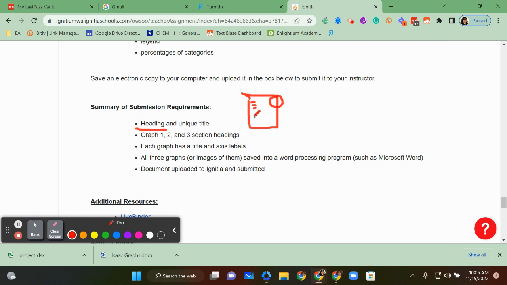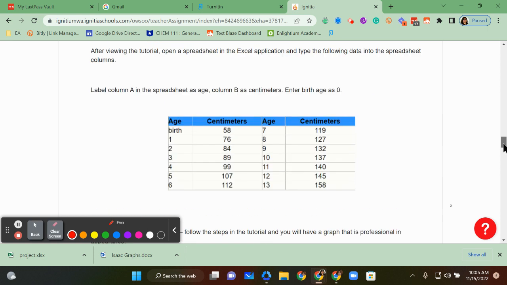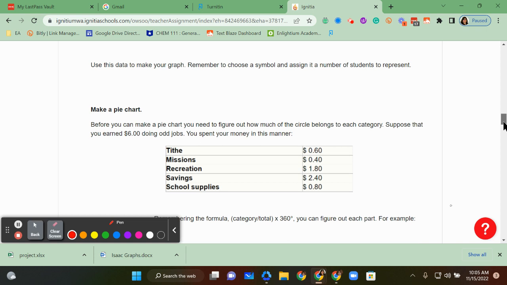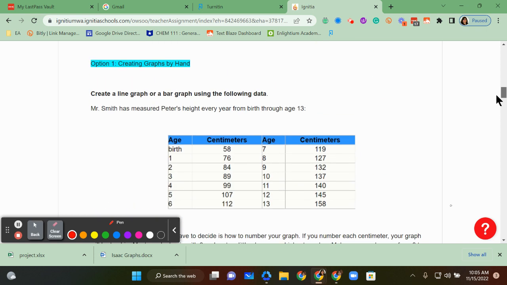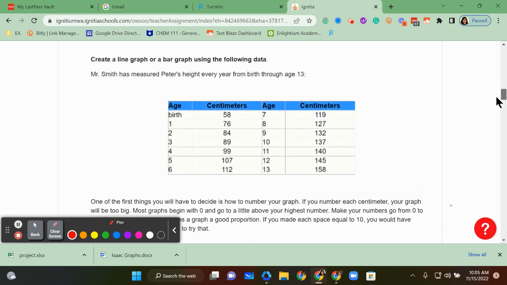Then the body of the document, you're going to have sections. You're going to have three sections: graph 1, graph 2, and graph 3. And that's the place that you are going to insert the three graphs. Now, remember that here they're giving you choices. For example, let's go to the first one. The first one, the first graph,